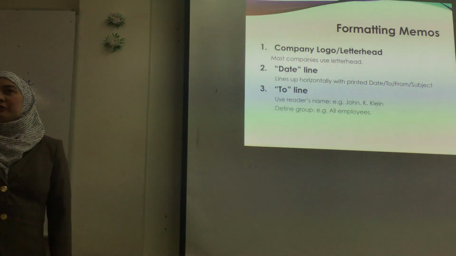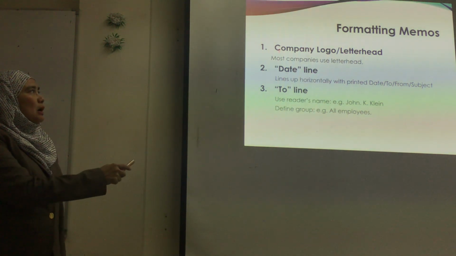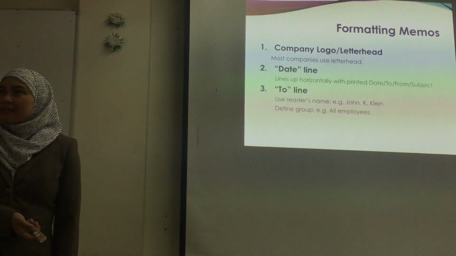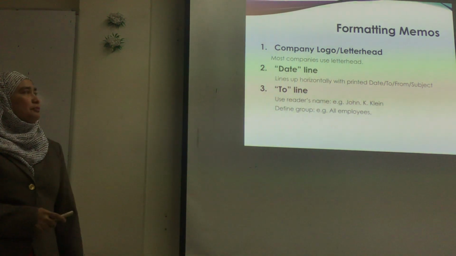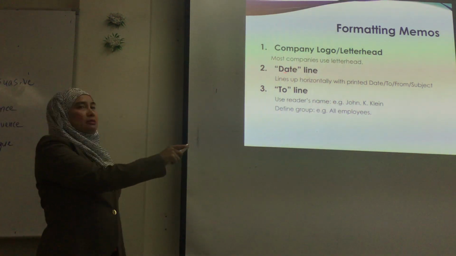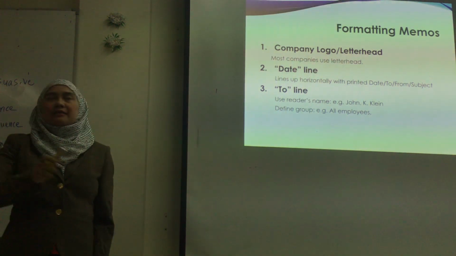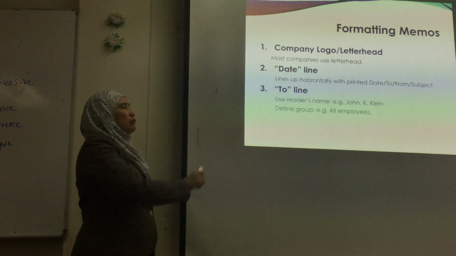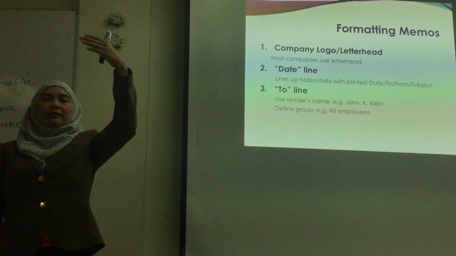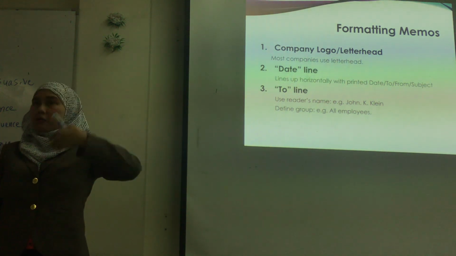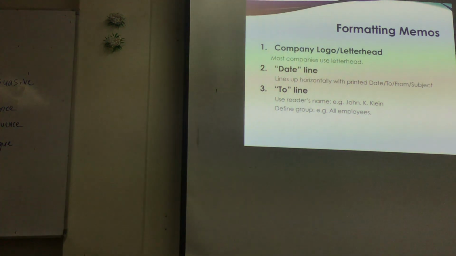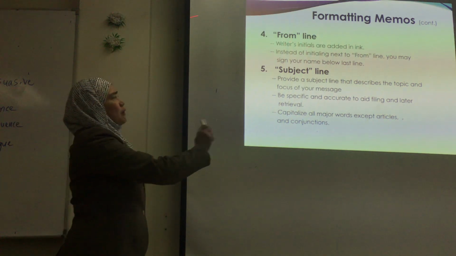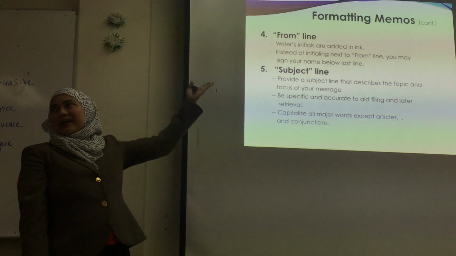Do you recall? You must have a company logo or a letterhead sometimes. What else do you have? Date. The word date must be there. A line which says the date. It's one. What else do you have? Good. A two line, which means dated on what date? Is the memo going from someone to someone. Good. So you have that one called the from line.